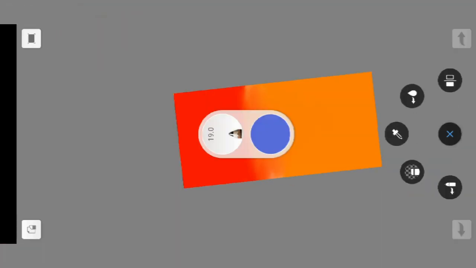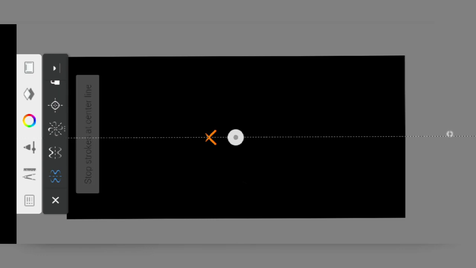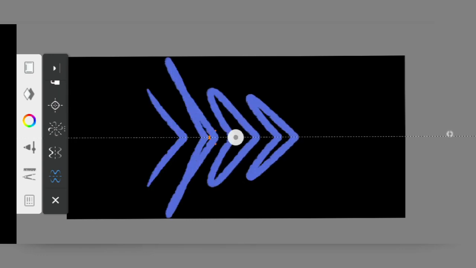I did all this using the symmetry option in Autodesk Sketchbook. You just go here, symmetry. You also have this control, so your brush doesn't go to the other side at all. It just works on one side.